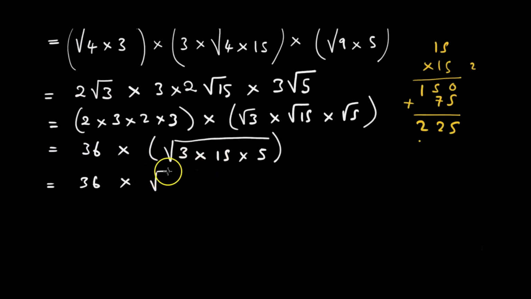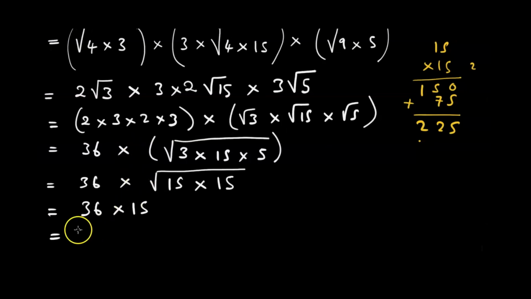Saka panapa takumultiply the square root of 15 times 15. So kana chimultiply the square root of 15 times 15, which is 225 yatawana. Tikatotsvaka the square root of 225 tinowana 15. So the square root of 15 times 15 is equal to what? It is equal to 15. Saka we have 36 multiplying 15. What answer do we get there? 36 times 15. The final answer is 540.